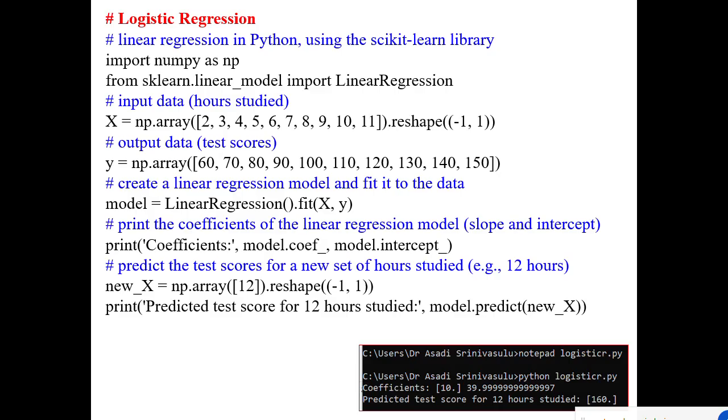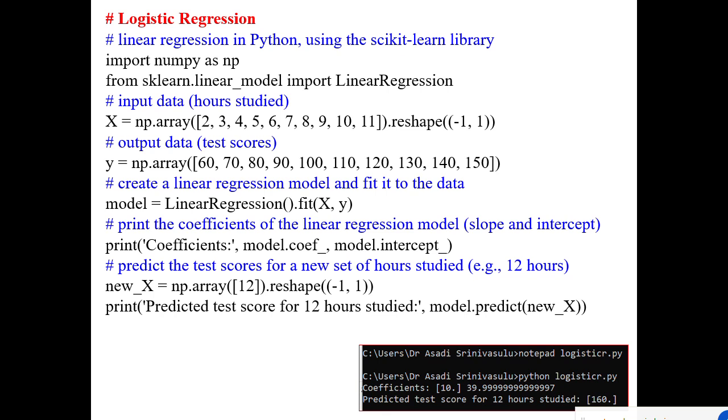Write down x is equal to np.array, parenthesis begin, square bracket begin, 2 comma 3 comma 4 comma, same program but we are using up to 11. Square bracket close, parenthesis close,